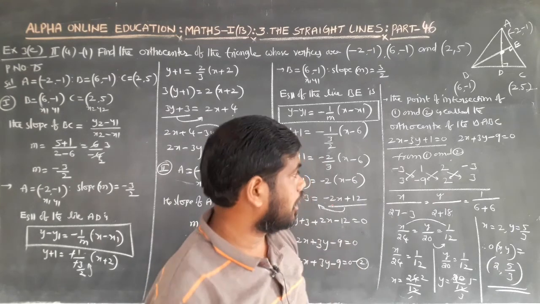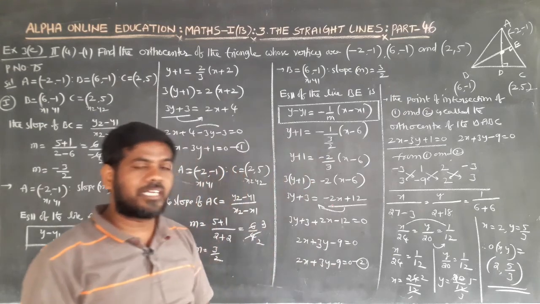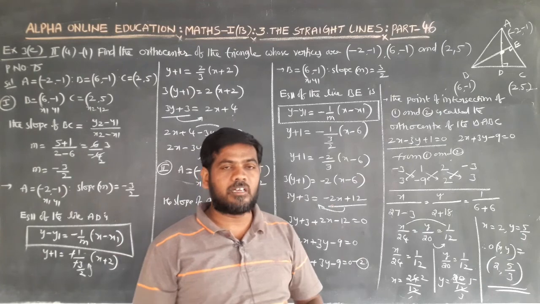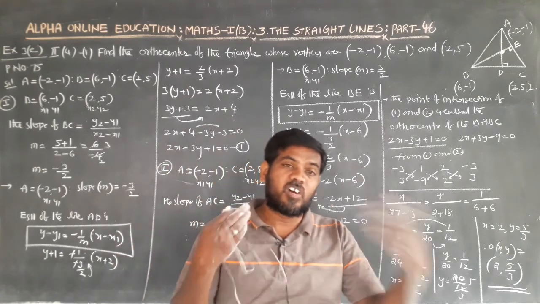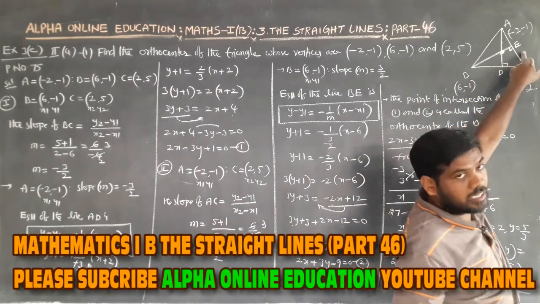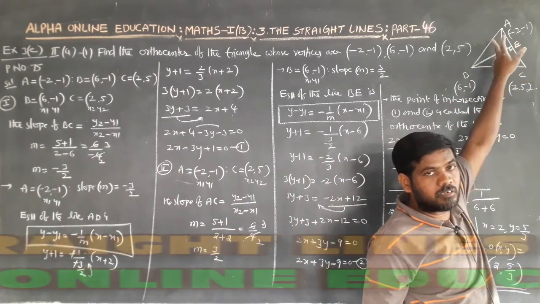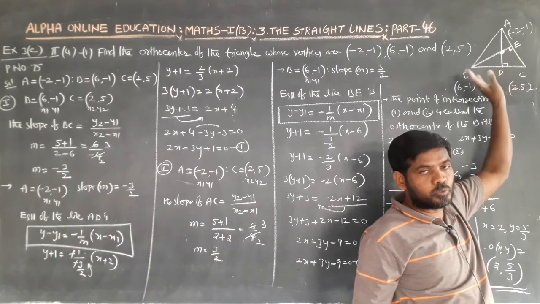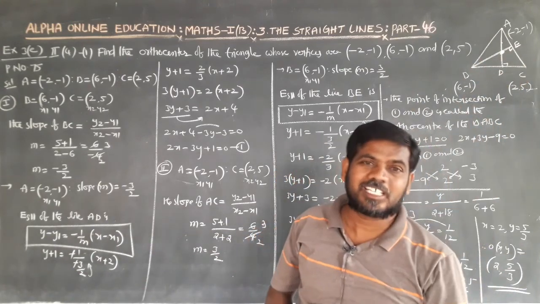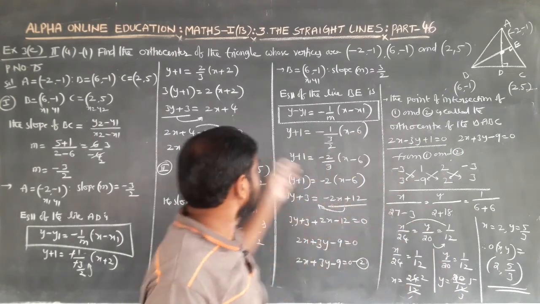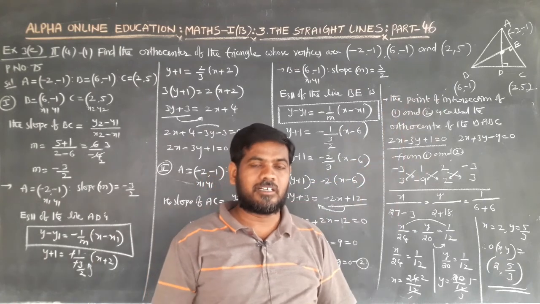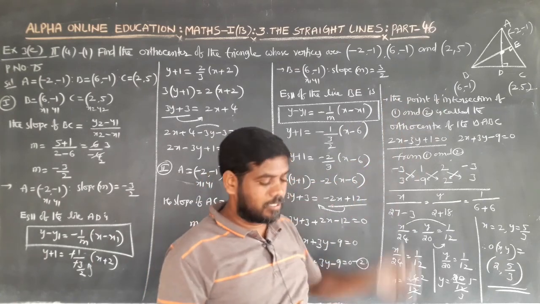Most important problem: in case it is given that the sides of a triangle, first of all we find the vertices of the triangle. Suppose the sides of the triangle are given. First of all, solve 1 and 2, 2 and 3, 1 and 3 to find the vertices of the triangle, and similarly continue this process for finding the orthocenter of a triangle. Number of problems, try it.